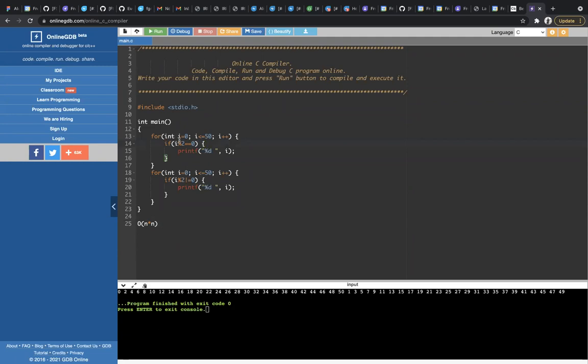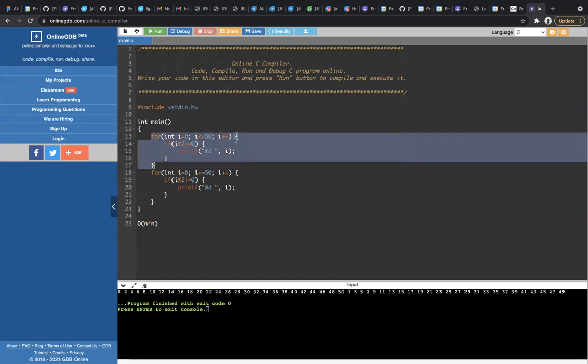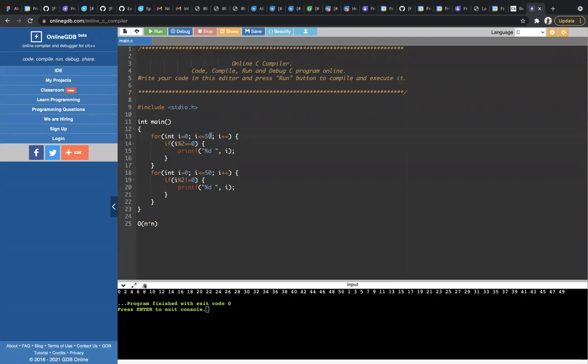50. 51. Yes, 51, sir. 51 is correct. Okay, how is it 51? For example, if you take the first for loop, the loop is executing 50 times, because don't check the if statement.